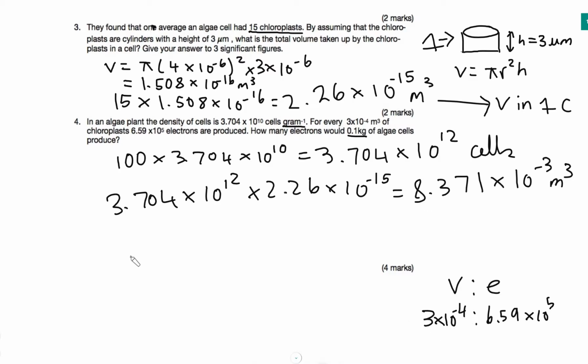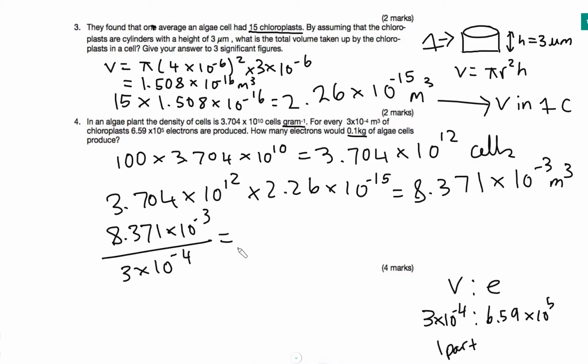We do 8.371 times 10 to the minus 3 all over 3 times 10 to the minus 4. Because you might remember from GCSE that to use ratios we have to work out one part, and to work out one part we have to divide by its own one. So that ends up being